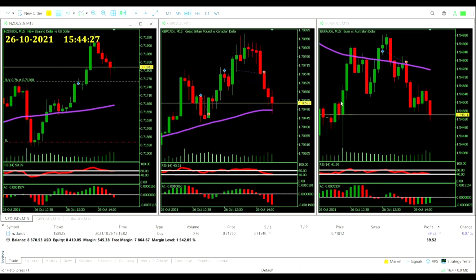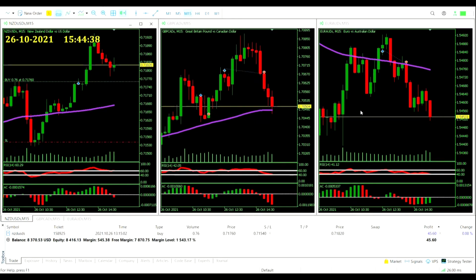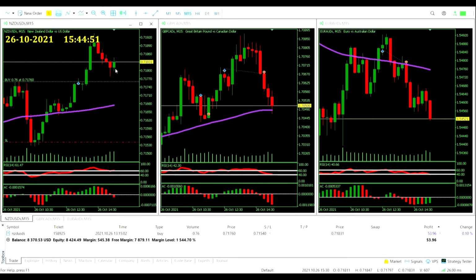We're keeping an eye on both these other charts as well, particularly the pound CAD. Quite a lot of red candles on the bounce, and it is almost pushing the RSI beneath 40. Same on the Euro Aussie. Price not below the average on the pound CAD, but these are both very close to a signal at the moment. 15 seconds until the close, and actually our candle on the New Zealand dollar, US dollar, very fortunate here,